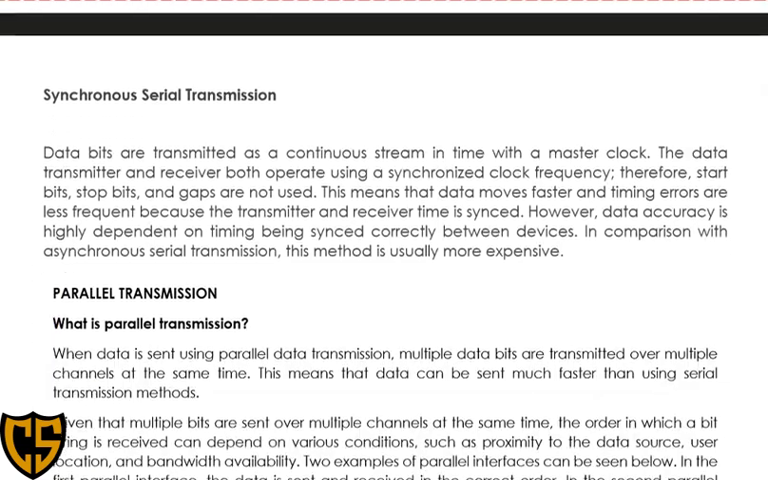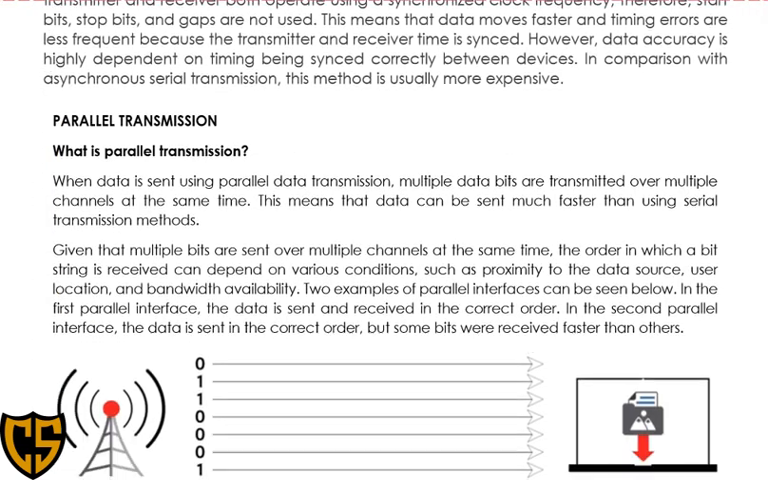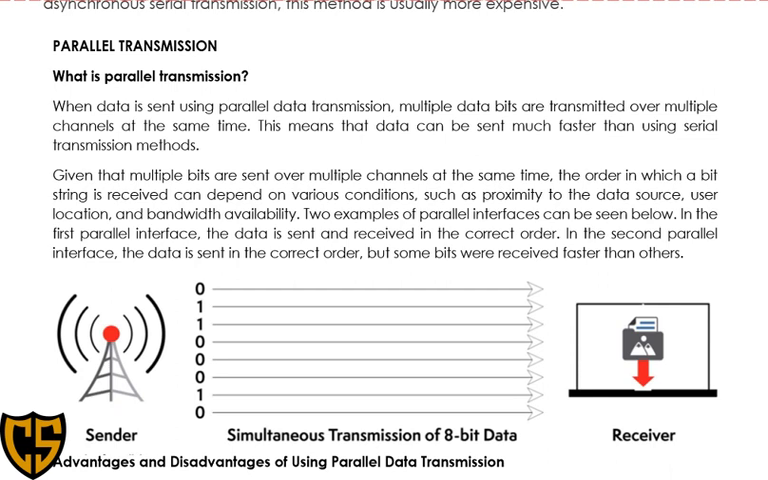So, next we have parallel nga transmission. For parallel transmission, when data is sent using this mode of transmission, multiple data are transmitted over multiple channels at the same time. This means that your data can be sent much faster than using serial transmission mode. So for example,